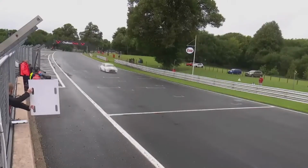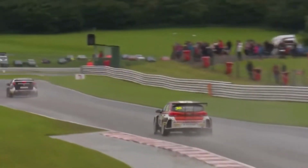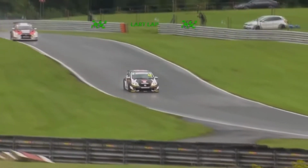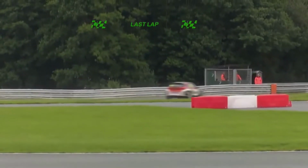The last lap board is indeed out, and Lewis Kent 2 seconds back, so he gained about, well, half a tenth that time around. Lewis is pushing. Look at the way that Lewis's car was sliding around there, going down into Cascade. So Lewis Kent has not given up on this, and that really shouldn't surprise me because Lewis is a real fighter,